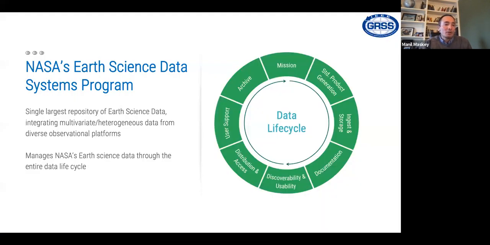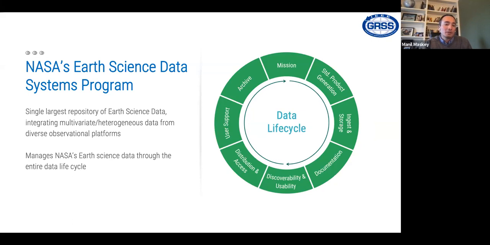So the data collected by all these missions are managed by NASA's Earth Science Data Systems Program, known as the ESDS program. It manages the data through the lifecycle shown here on the right. We've been doing that for the last 25 years with an open data policy. Due to that policy, research, development, and new applications in various sectors, including commercial sectors, have produced many innovative